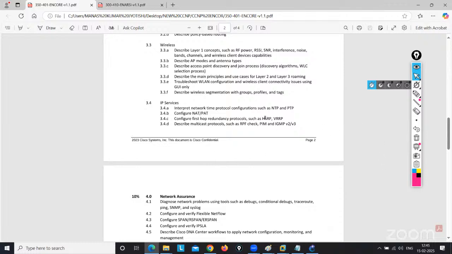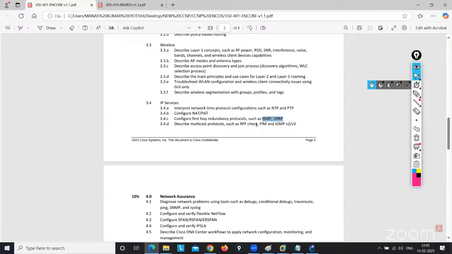Yes, and this is the most important thing in the Anchor, HSRP and VRRP, because questions will be like that. In the LAN part, the lower one, HSRP and VRRP are configured, and in the upper part, BGP will be there. They will give you a big diagram through paint, and you need to explain how BGP will work on the upper side and how HSRP will work. Okay, what is split horizon? So these things they will ask.